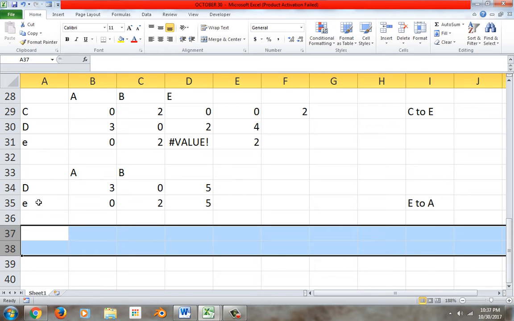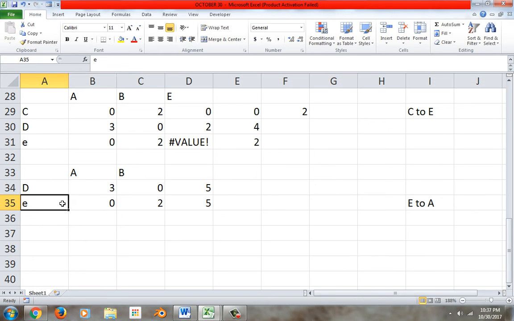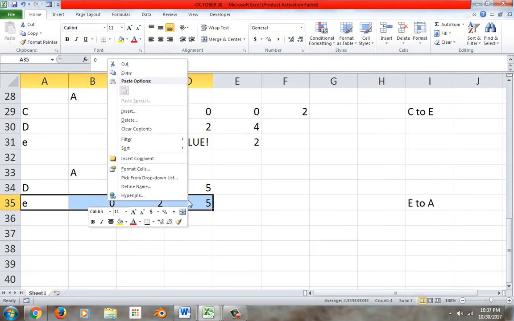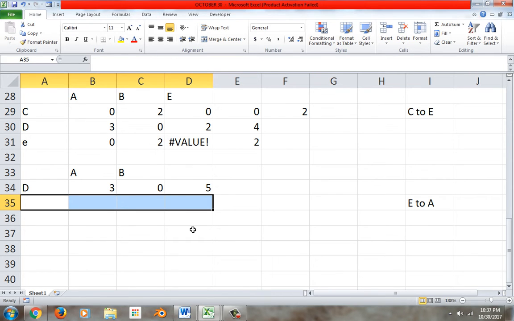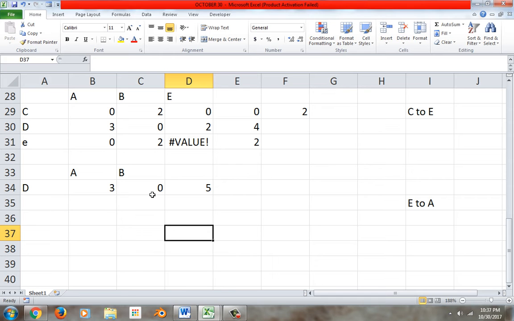Cool. So E to A, that means I get rid of, oh shoot, now I have to be careful because I put that in the same row. I'm just going to delete these. Okay. Now, we can't go D to B. That leaves us with